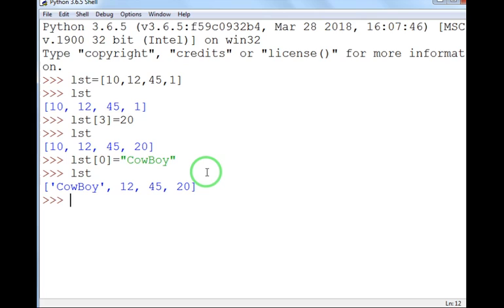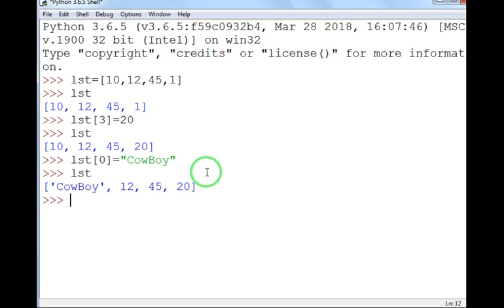After updating, the next command that we will be doing is deleting the elements present in a list. For that we will be using the del statement. The del statement can be used to remove an individual item or to remove all items in a slice, or we can delete the entire list also. So with the del statement, either we can delete an individual element or a slice, that means a subset of a list, or an entire list.